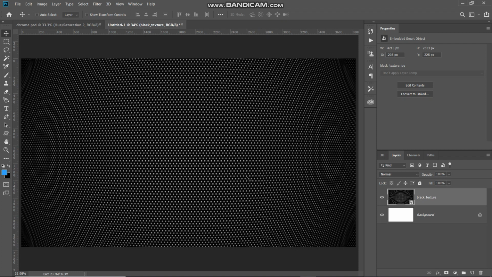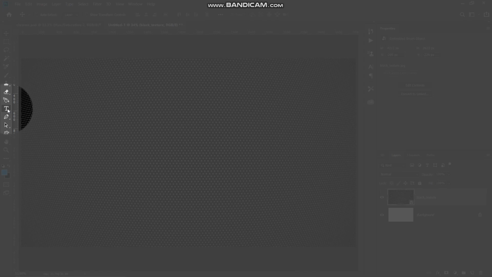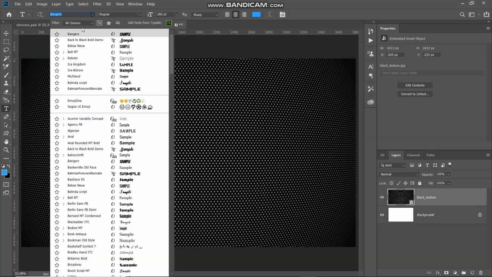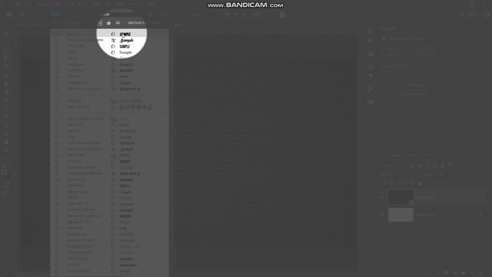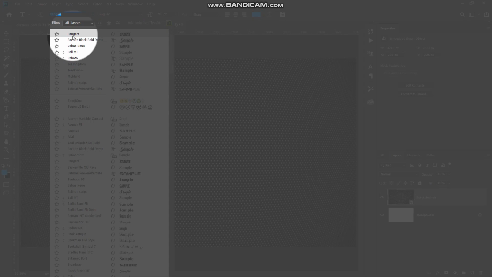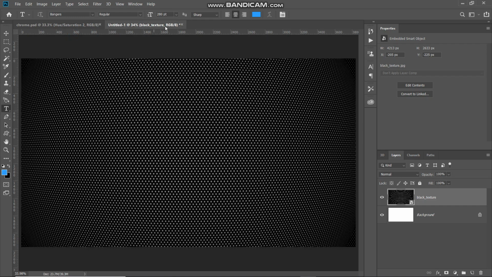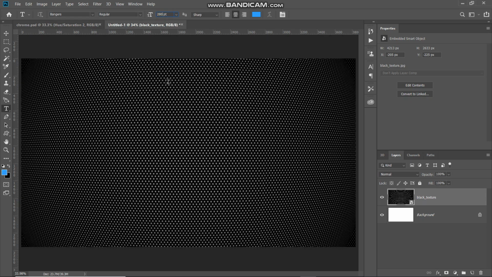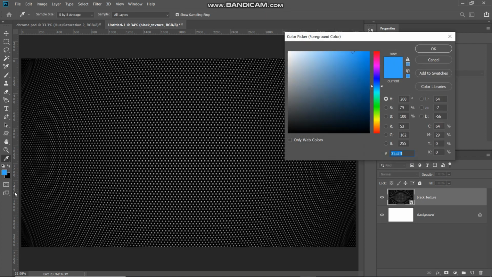So once you have filled the document with a nice background, now the next thing we need to do is type in our text. For that, select horizontal type tool. And then you can select any font of your choice. Download link for the font I'm choosing is in the description below. Also, if you don't know how to install font in Photoshop, the link for that is in the description as well. And then set any appropriate size for your text. I'm setting it to 280 point. And then you can click on the foreground color. And then set any random color at the moment, which will be the color of our text. Anyways, it won't matter since we are going to change it later on. So I'm setting the color as white at the moment. And then you can click on OK.